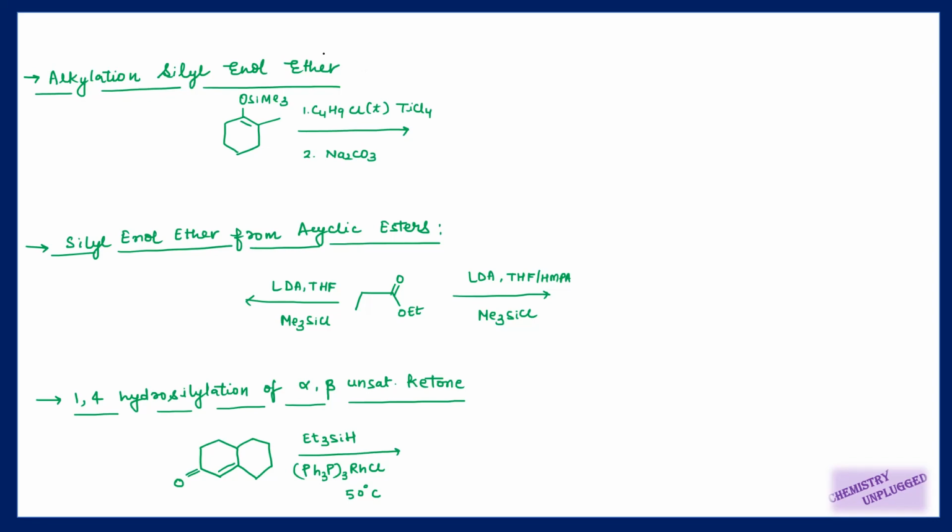The next is alkylation of silyl enol ether. In the starting of the video I told you that good alkylation substrates are 1 degree and 2 degree alkyl halides, and we cannot easily use tertiary alkyl halide for this purpose. But when you are using silyl enol ether, these types of alkyl halides can be used, but we need a Lewis acid for this purpose, right? Then you can easily do their alkylation. This group will attach here like this.